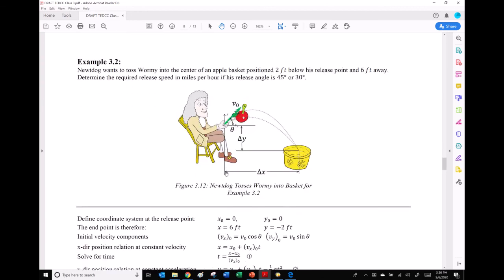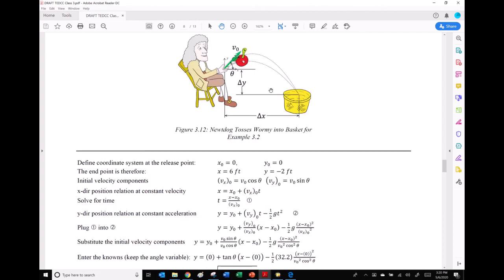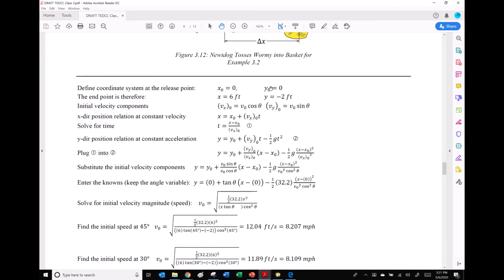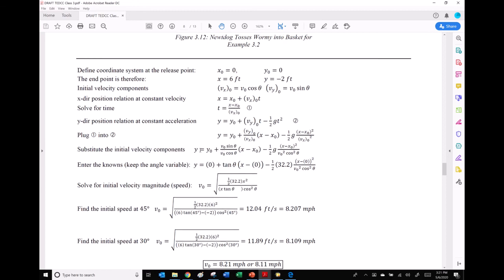But you could find that there's actually two different angles, or here you have two different velocities, to be able to land it into the thing. So if you found one is 45 degrees and one's 30 degrees, you could land something in the same spot, right? And so the strategy is that we replace the time. We solve this equation in the x direction for time and place it inside the y direction right here. So we replace the time everywhere with this, and then we end up with an equation that looks like this,